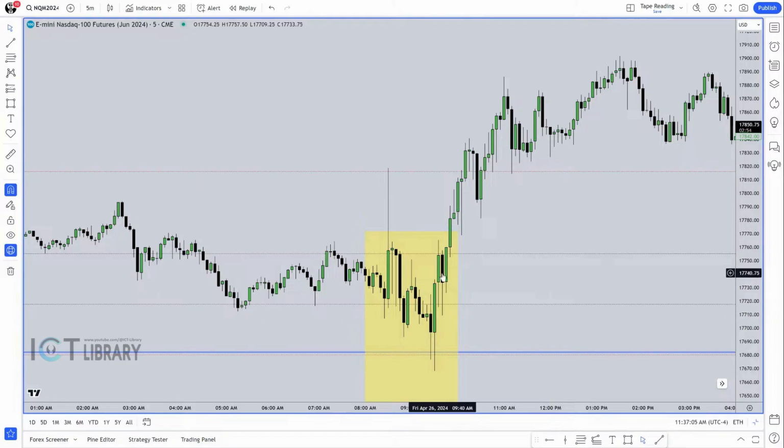17,710 and a half. Price comes down, trades to the low of that candle. What's the low? 17,709.25. Did it respond? Did it prove there's a change in the state of delivery and algorithmically repriced higher? You're going to tell me that's buying and selling pressure? That's buyers came in there, right? Price expanded higher.